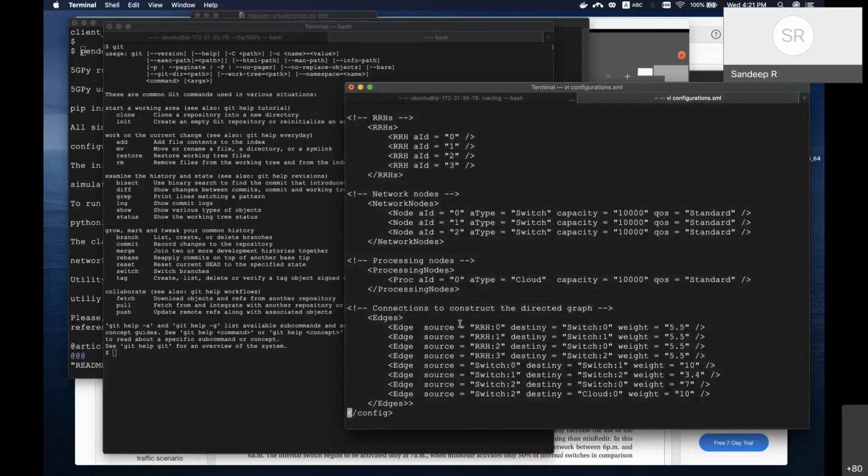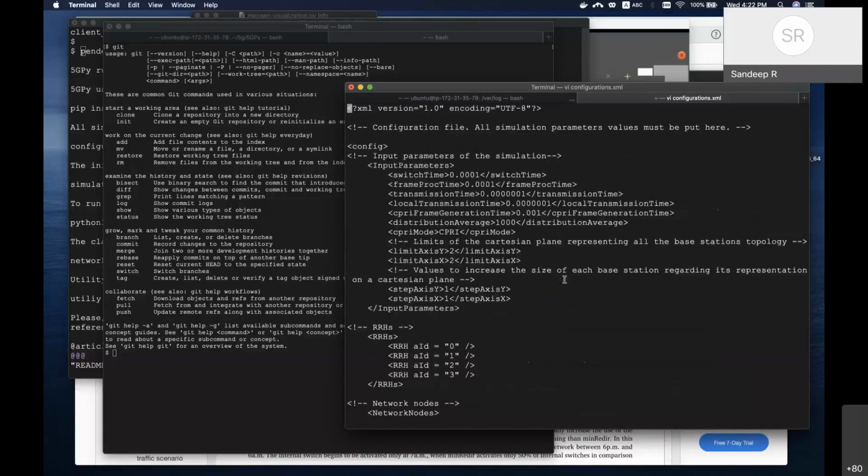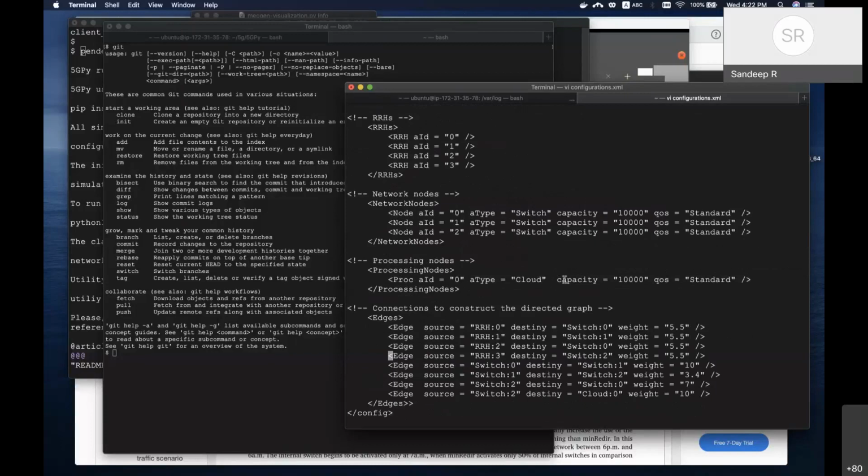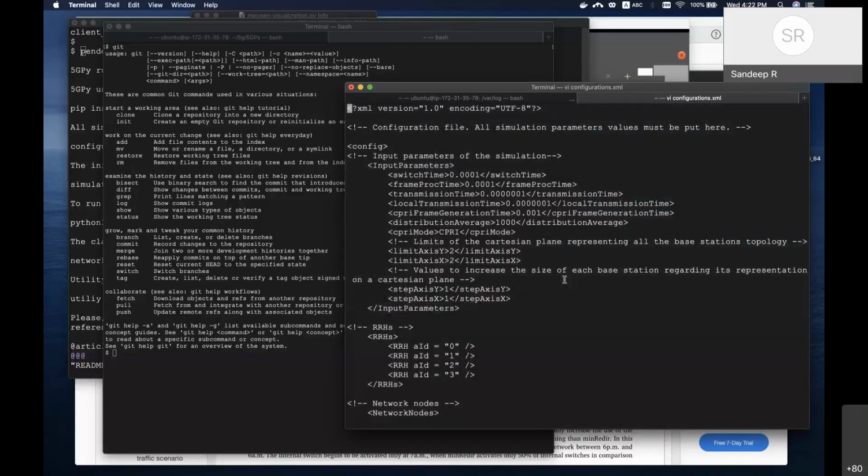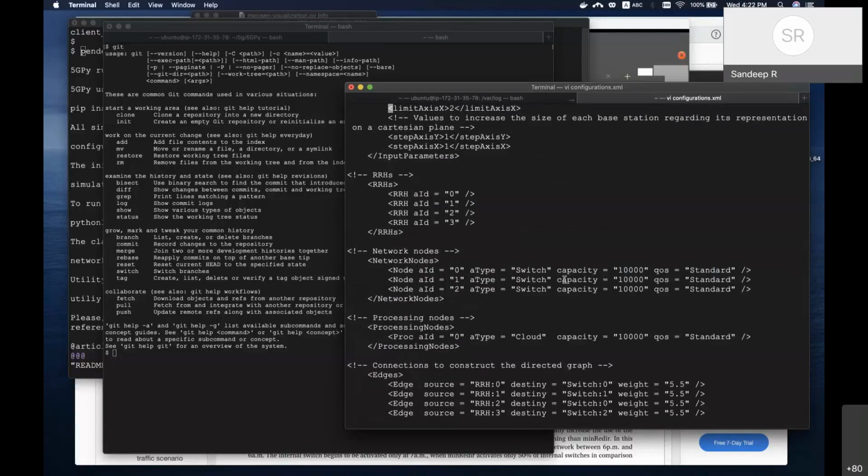Edges is, as you know, like a graph, right? It's a directed graph, and they call it a directed graph. That means when I say source is 0 and switch is 0, the connection is from RRH 0 to switch 0. So this is the first thing you have to understand in this code, the configuration files. It's very simple, nothing complicated. All they have done is created four radio resource heads, which you can call antennas for now. And then there are four nodes, which are like the BBU. And then they have tried to connect the radio to the node and all that.